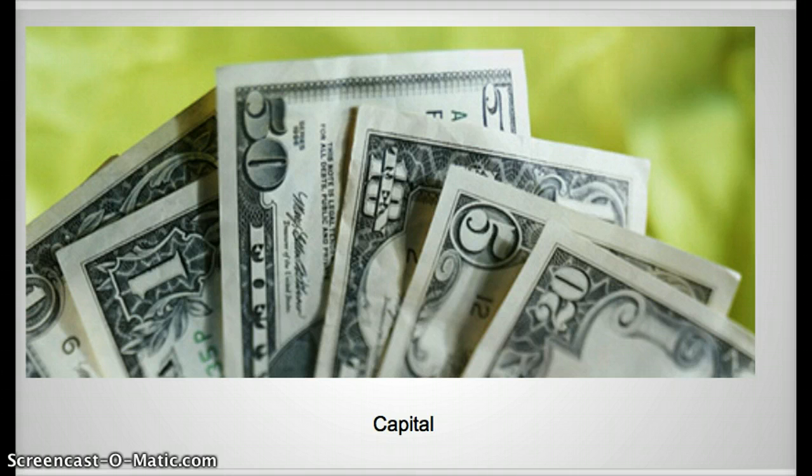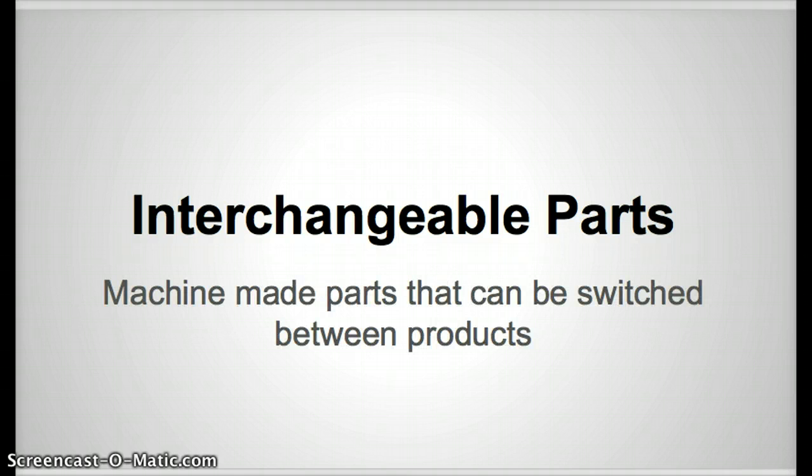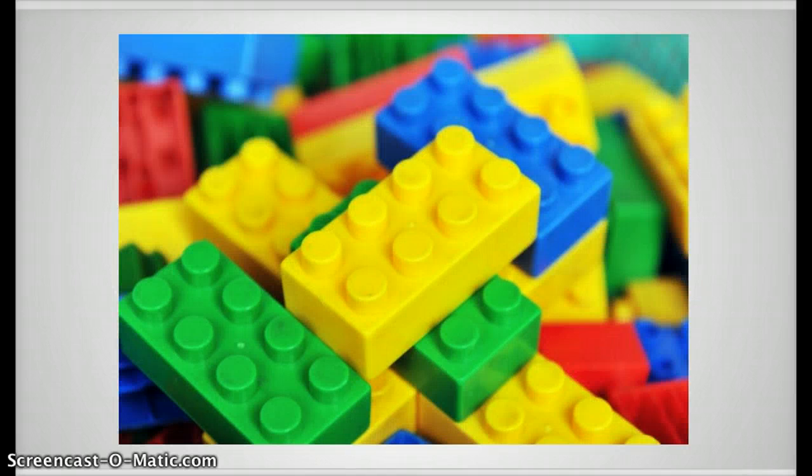Now, to industrialize to the point that we are today, you're going to have to be using something called interchangeable parts. They're machine-made parts that can be switched between products. Think about when you were a kid and you played with Legos. The yellow Lego and the green Lego can both be used to build that house. Think about when you have a car. When your tire breaks, you don't have to buy a new car, you just replace the tire,